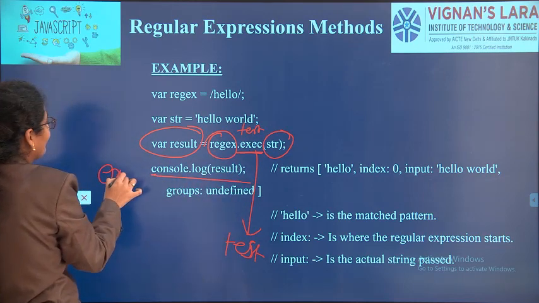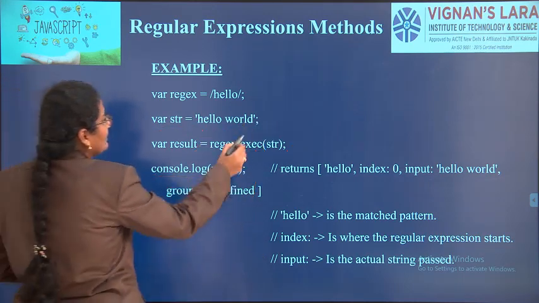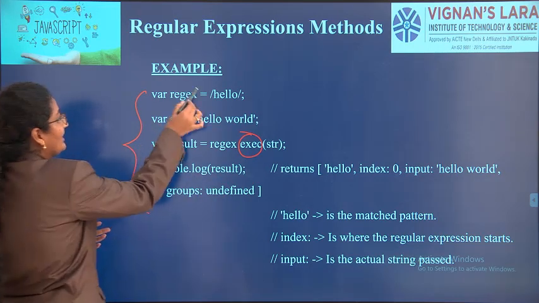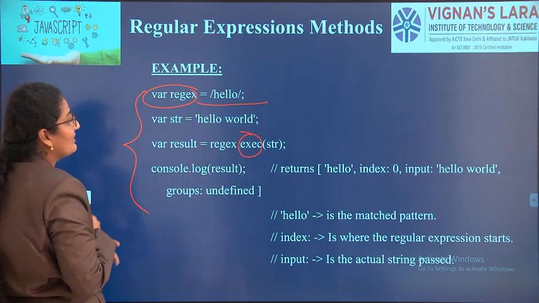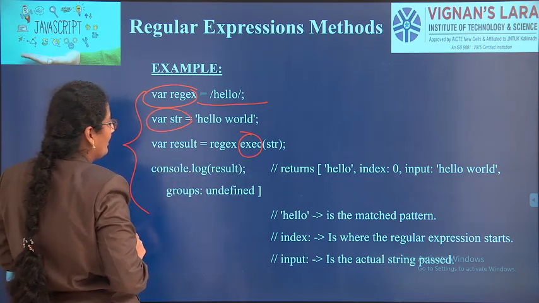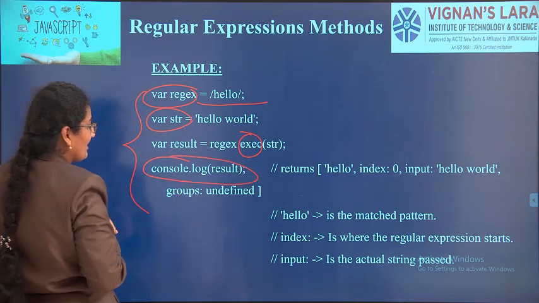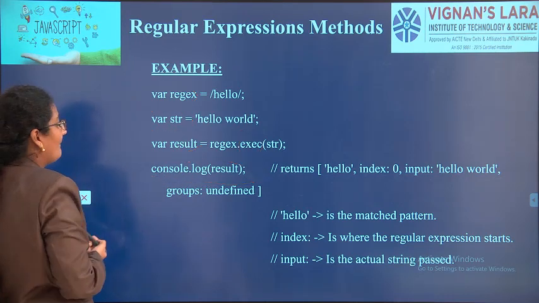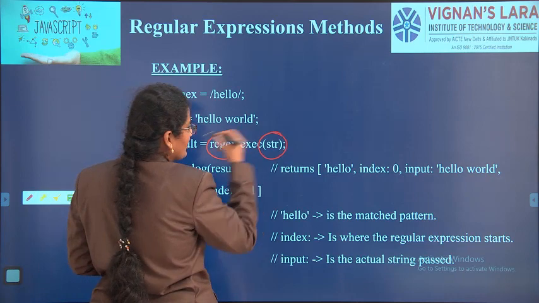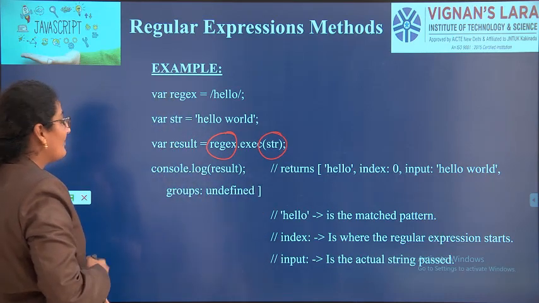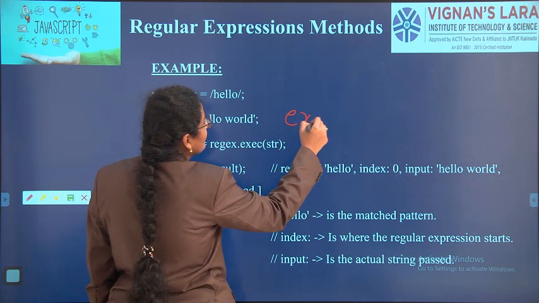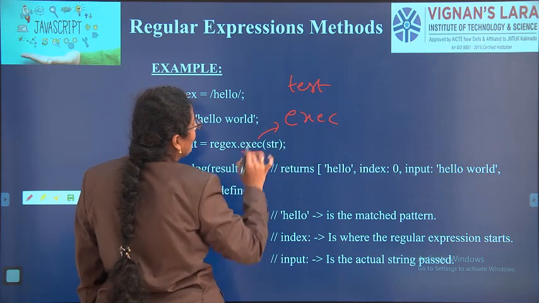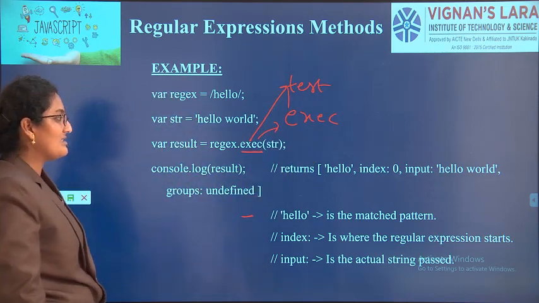But now we are using the exec method. So we are using exec here. It is the same program, the same example as the previous program. We take the regular expression, create it with forward slash, and create the string hello world. For output, console.log(result), and the result should be stored in the result variable. You have to compare the regular expression with the string. So the entire program is the same, but here we are using the exec method. In the previous example, we had written test.